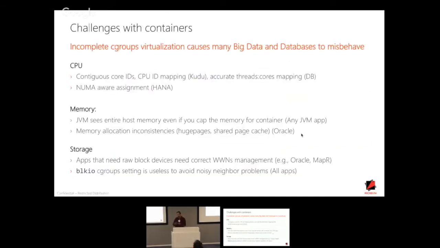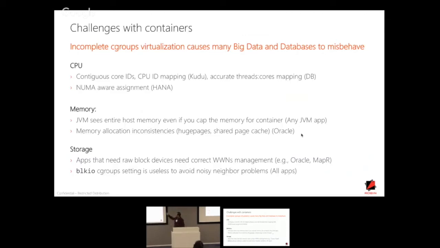There are other challenges other than Kubernetes. We talked about Kubernetes and the problems, or Hadoop and the problems, right? Even in the container world, the Docker container world, there are some problems. You have to virtualize your proc file system and sysfs file system. That's not enough. What we have seen is there are some library calls that are made, so you have to intercept those calls in order to present the right CPU and memory values and other devices to the containers.